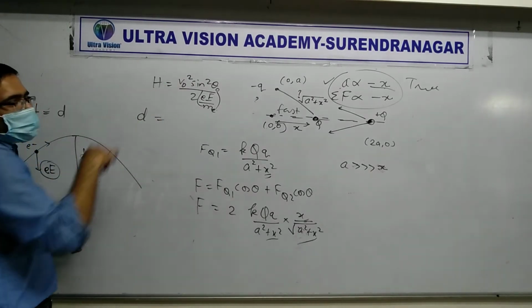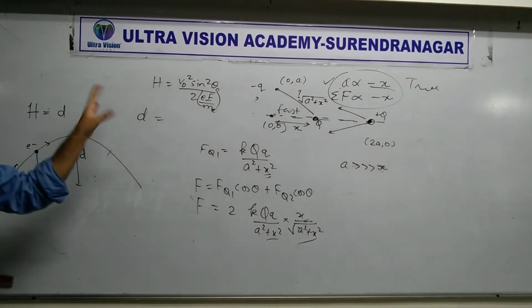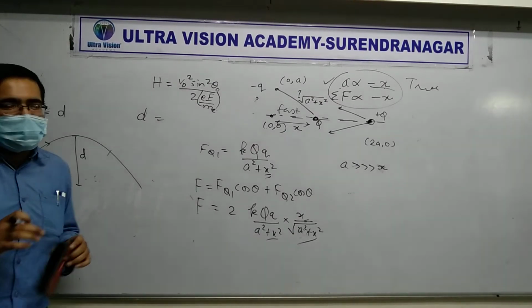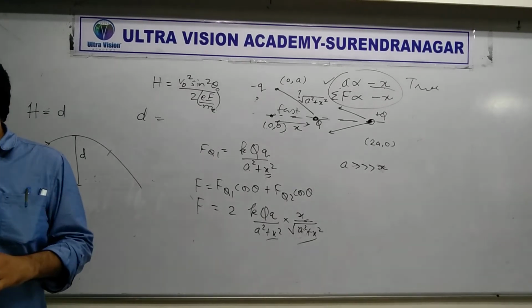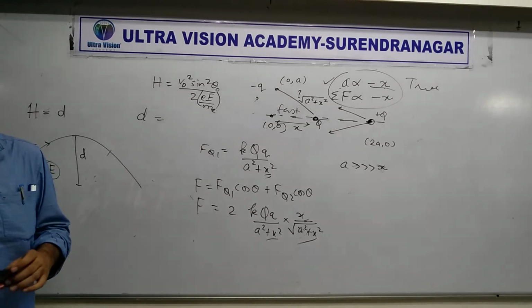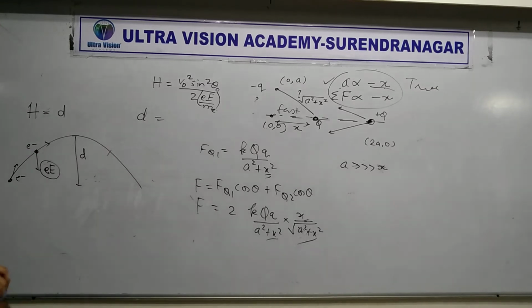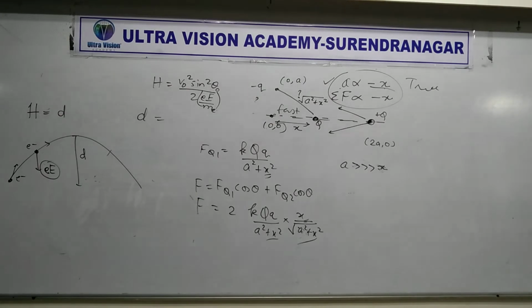And H is equal to d. So I have solved for all. Find the other. Which value do we have to find? The magnitude of the electric field. Can you solve it? Find it out. Come on. The speed is not given; kinetic energy is K. How to relate K with speed? K is equal to half m v squared. Solve this first.